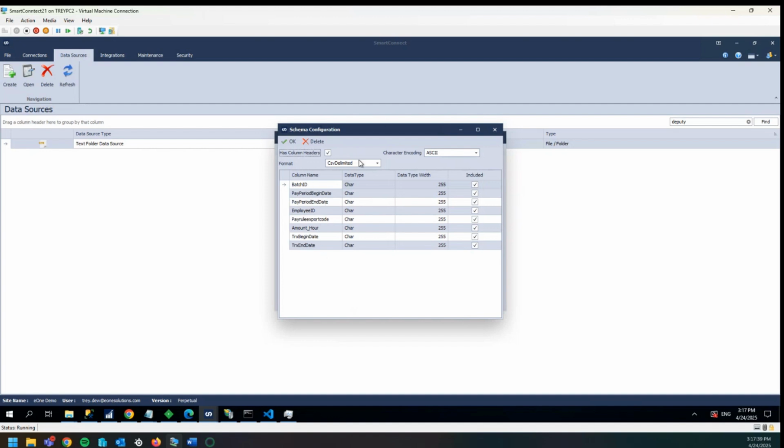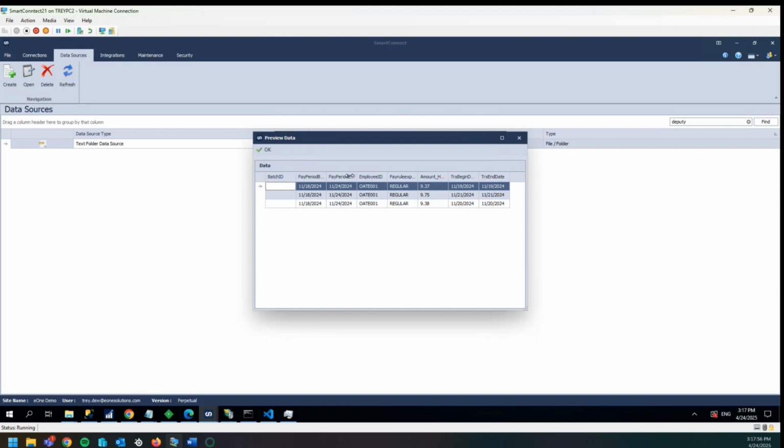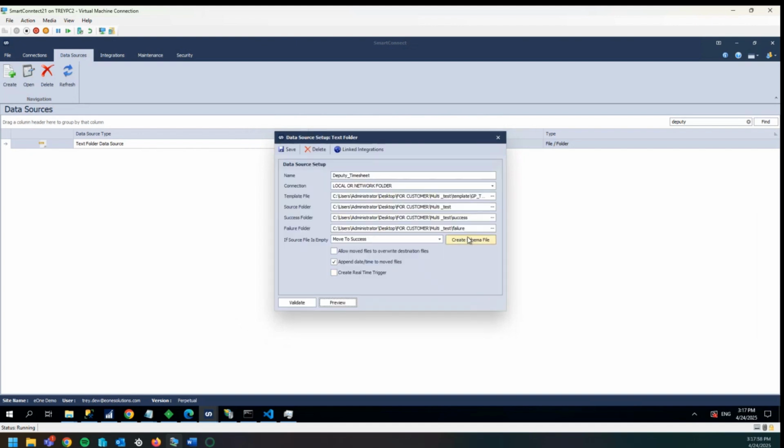If not, you might have to go in and manually change the CSV delimited, tab delimited, pipe delimited, or custom delimited based on what your text file actually looks like. But once you have this checked, make sure you hit OK and preview to see that it is actually working again. And if I go back and uncheck it, you can see that it was